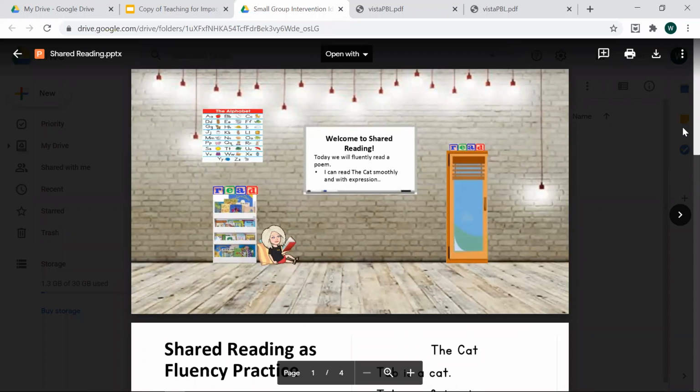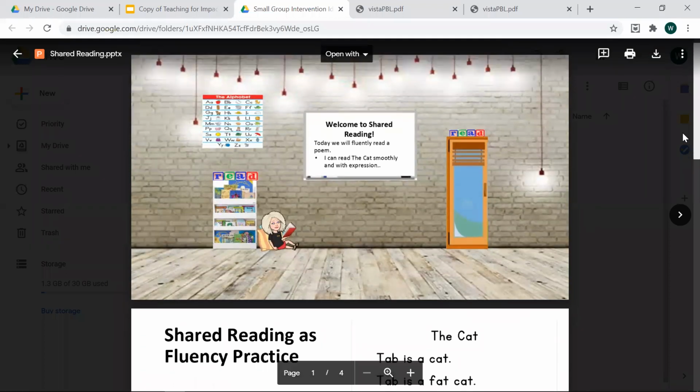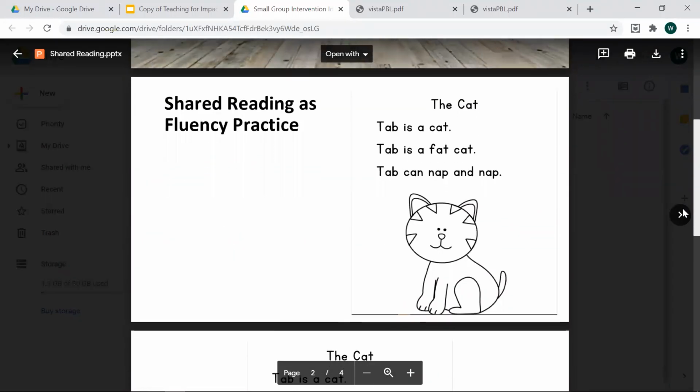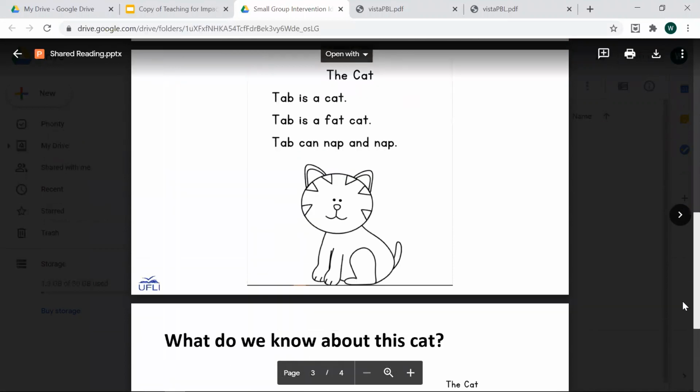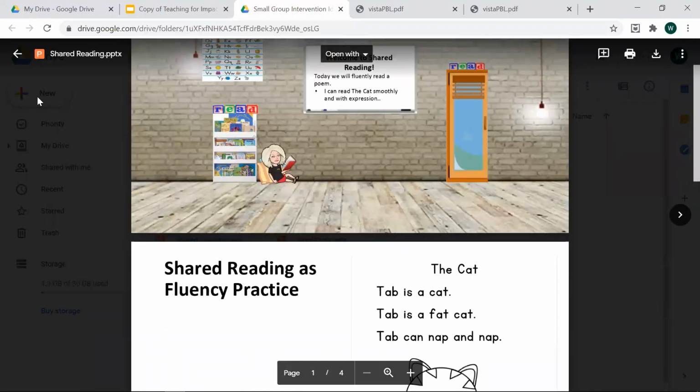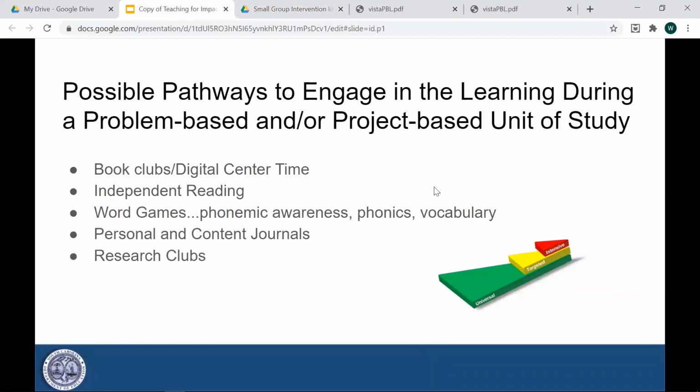I can read the cat smoothly and with expression. And then you see there's a poem here about a cat that we're going to practice during shared reading today. And there are other small group rooms in there for you to look at.